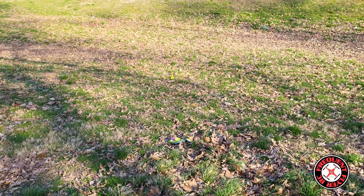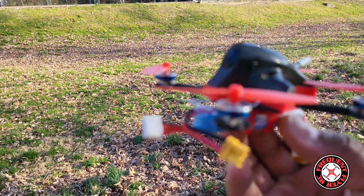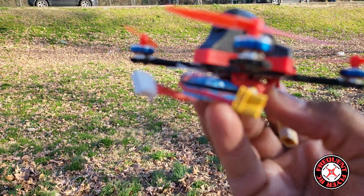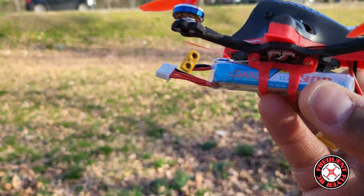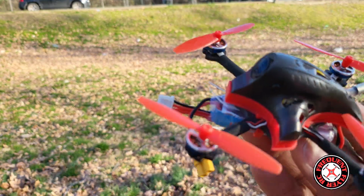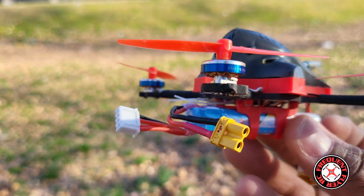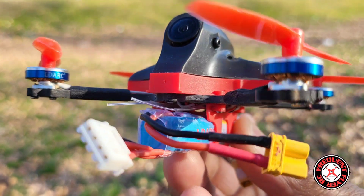So I'm back out here at the park. It's a really nice day, and I wanted to do some line of sight with my AK-103 from LDARC. I have the battery that came originally with it, and the battery is still going strong. It's a 3S flyer. This is a toothpick, and this thing is very unique, and it has the shortest brushless